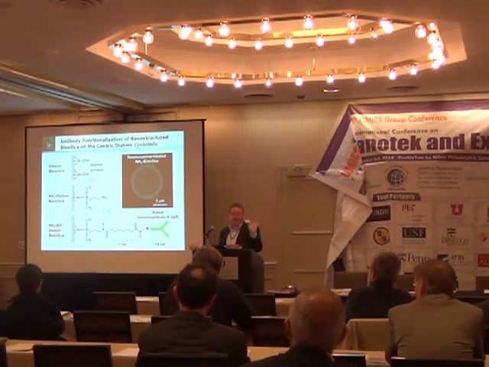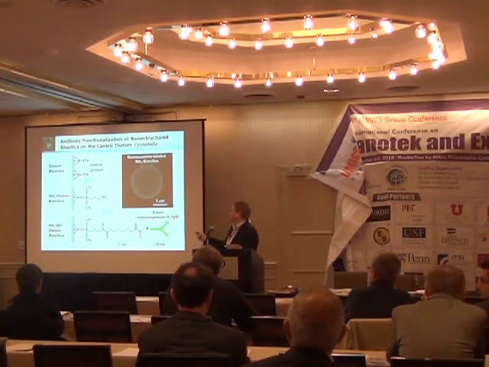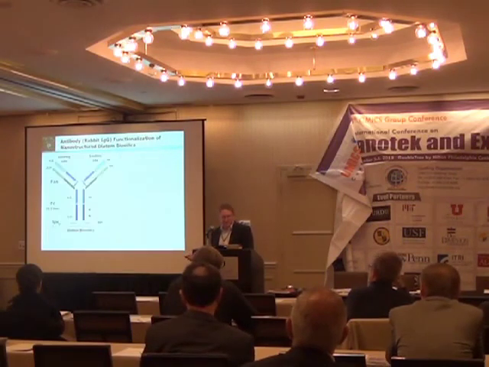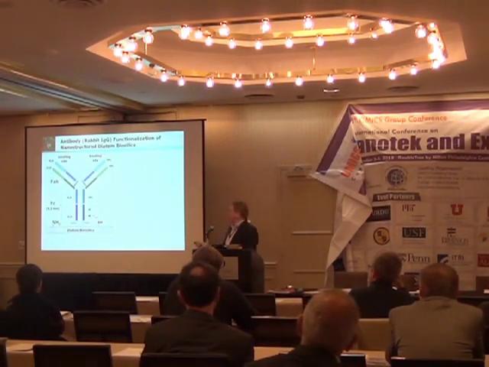In this case, we used BS3. That provides about a 1 nanometer linker, and then you can couple the antibody directly to it. In this case here, we used a rabbit immunoglobulin G antibody, just a model system. The picture here indicates that we get pretty uniform coverage of the amine groups to prep the system for functionalization. So schematically,